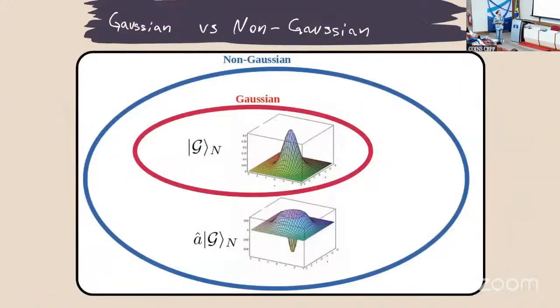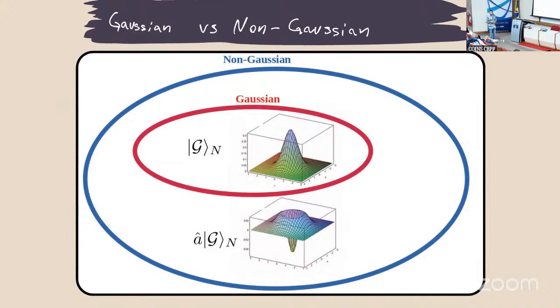So Gaussian states are interesting, but very limited. Somehow they are infinite dimensional states, but they're very simple on the other hand. They can be fully characterized, as we said, by the first two moments. They have a positive probability distribution, a normal probability distribution in phase space, but they don't encompass the whole Hilbert space. And this limits them, for example, in the sense that they are efficiently simulable with a classical computer. They do not give rise to any non-classical quantum correlation. And so we want to see what happens when we go to non-Gaussian states.